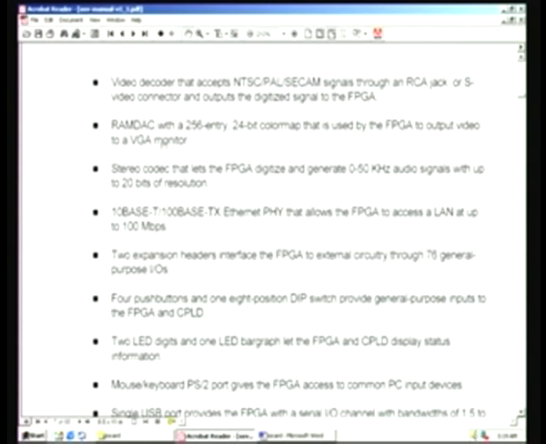and that is used by the FPGA to output video to a VGA monitor. In addition to this, it also has a stereo codec here on the board, and it also does the digitization of the actual audio analog signal. The audio range, although it is only from 20 hertz to 20 kilohertz, actually this stereo codec is capable of processing right from 0 to 50 kilohertz, and resolution, once the digitization is involved, you speak of resolution, number of bits, so it can handle up to 20 bits,